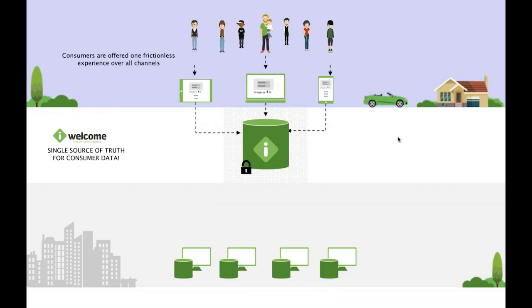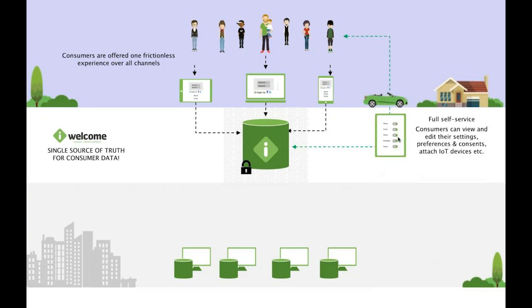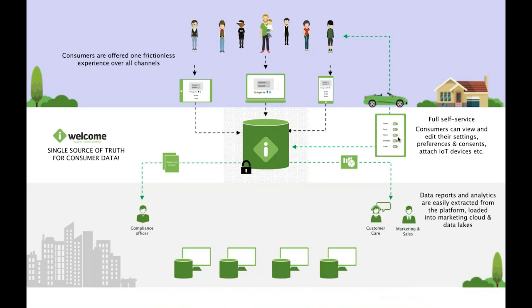So how does that look? Well, on the top, you see the consumers having access to that identity information that is in the center, that single source of truth. Of course, there will only be consumer data accessible that is inputted by the consumer itself, but they will have full control of that, including its consent. Then there's a self-service interface where you click on the consent, remove them, change the preferences, attach IoT device, do two-factor authentication. So quite advanced user interfacing, privacy dashboarding, that is all there, all from the system.